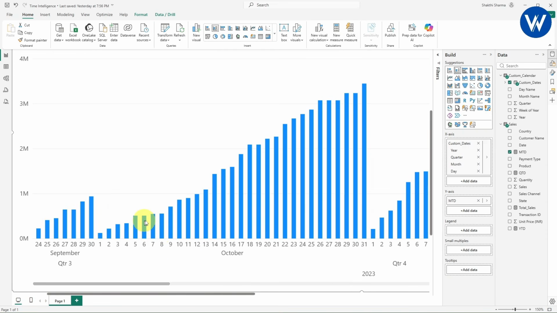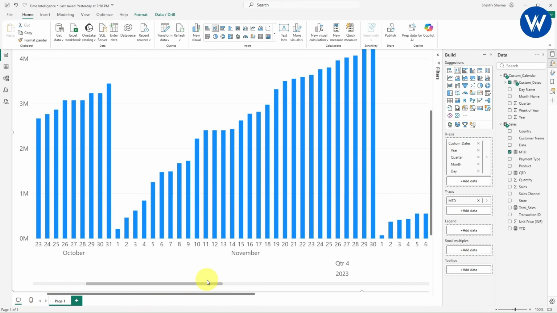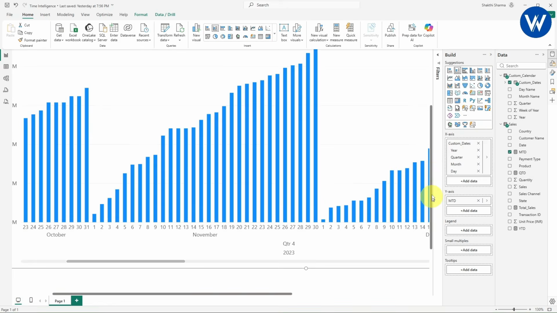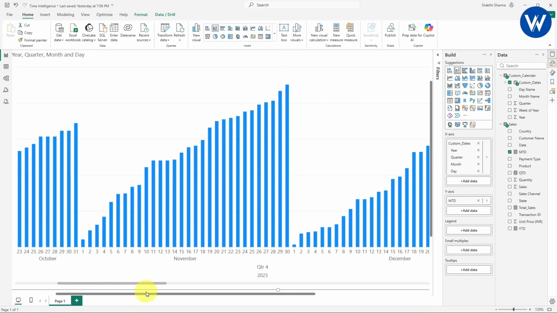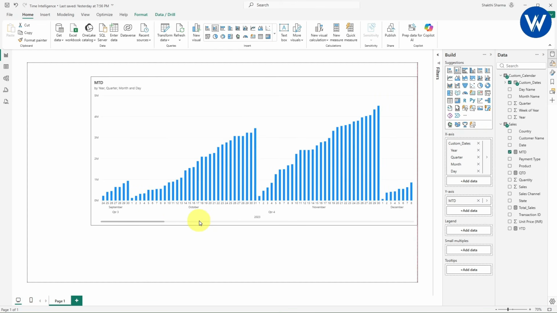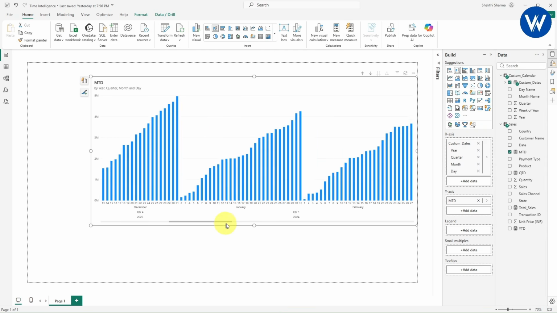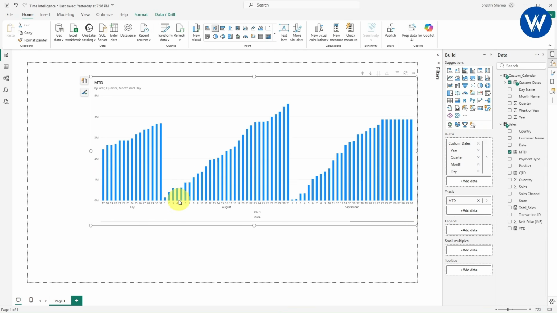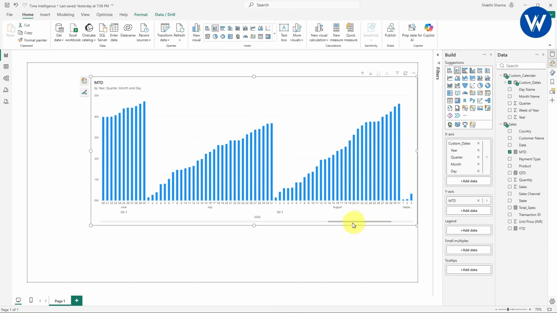In the same way, we can see for the October month also it is increasing. So basically it is a cumulative total where we can easily understand the data, how the data is going. So with the help of this graphical representation, we can understand easily month-wise total sales, which is a cumulative total. And wherever there is low sale or high sale, with the help of this visual, we can understand easily.